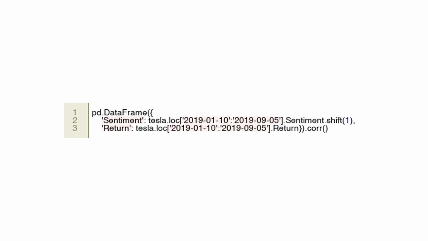The correlation matrix provides a statistical summary of how closely related the sentiment values are to the return values. It contains correlation coefficients that range from -1 to 1, where a value close to 1 would indicate a strong positive correlation, a value close to -1 would indicate a strong negative correlation, and a value close to 0 would suggest no linear correlation between the two variables. In summary, the purpose of this code is to examine the linear relationship between the sentiments on one day with the stock returns on the next day for the Tesla data within the specified date range. The outcome helps to understand whether there is any linear predictive power of one day's sentiment on the next day's